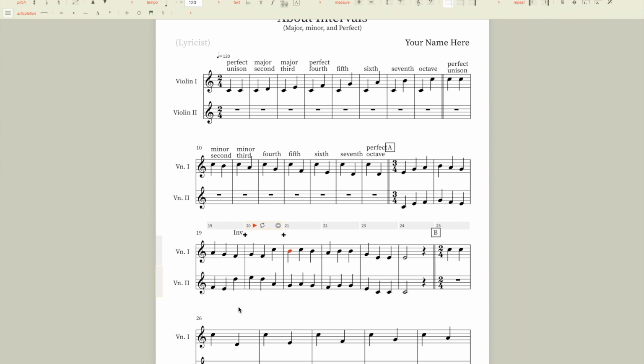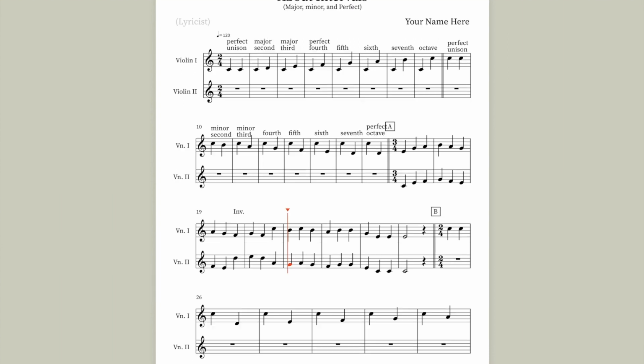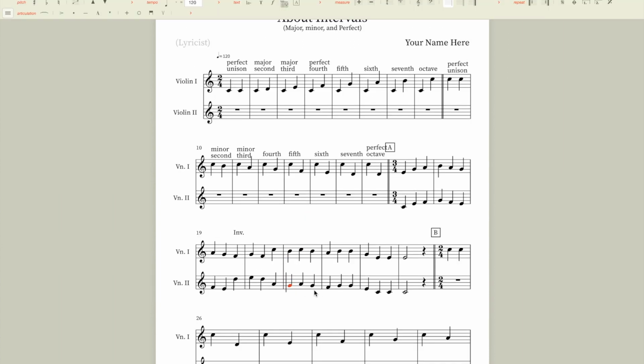So yes, we're in the key of C major, C, D, E, F, G. We want the harmony of G, G. Now here's the thing. Here it actually does work. Doesn't sound weird at all. But